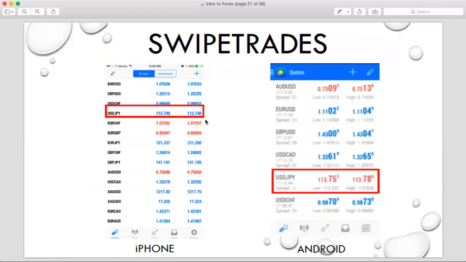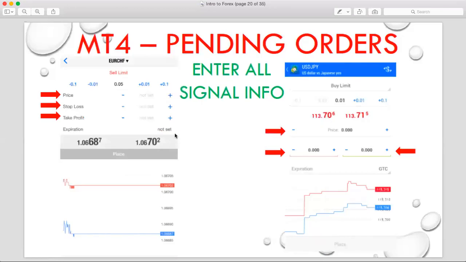So again, this is for the iPhone and the Android. You would find the symbol where it says quotes. If it's not there, the little plus sign on the top right-hand corner, you would press it and you would find the symbol. Right, you would click into it. Once you click into it, this screen would pop up